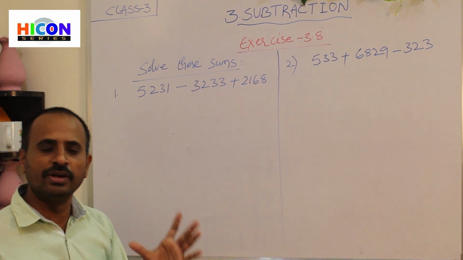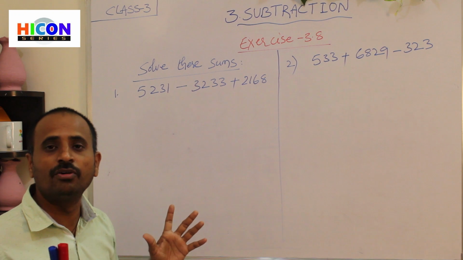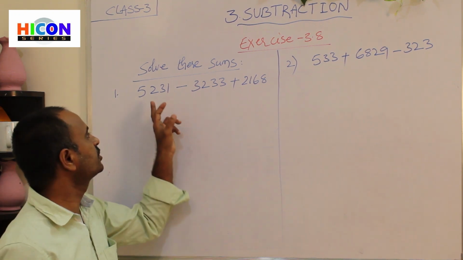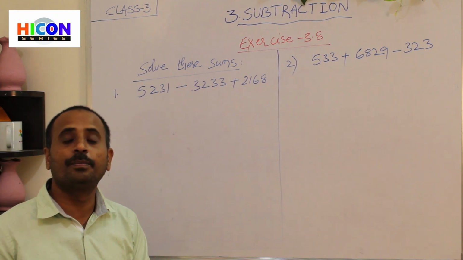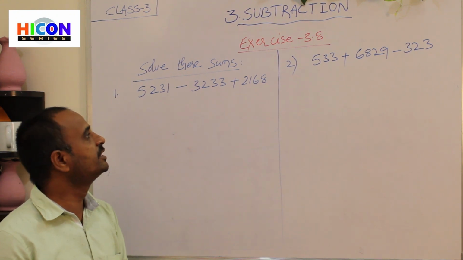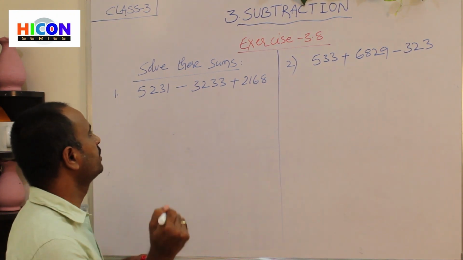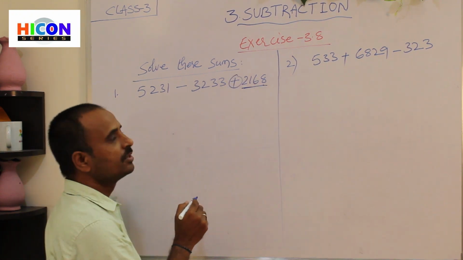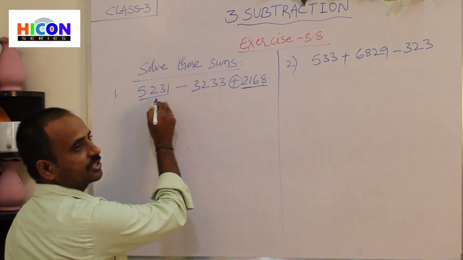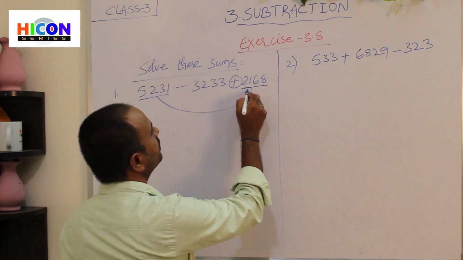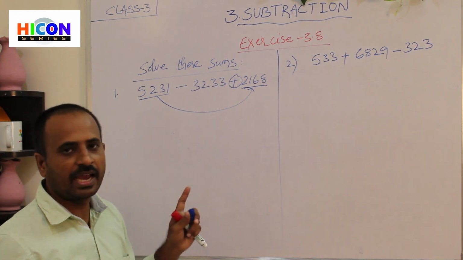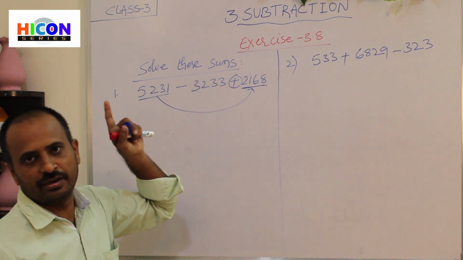So what numbers we have to add? So we have to add the number to the first number which has a plus sign before it. Which number has a plus sign before it? So here this number has a plus sign before it. So first add the first number and this third number. So first add the numbers which has plus sign before it.